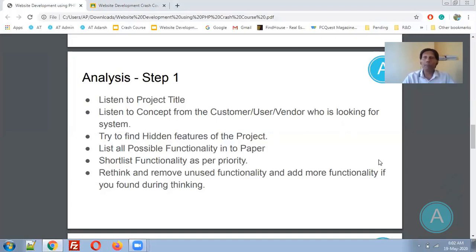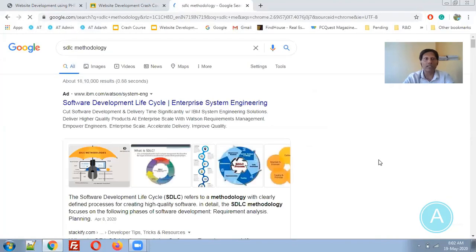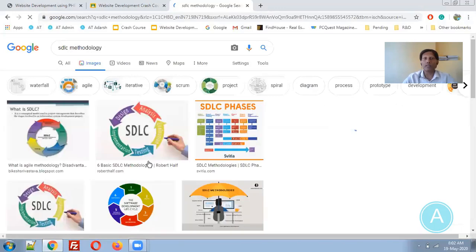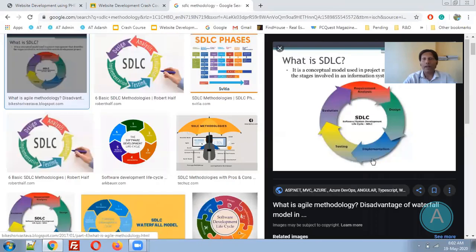Suppose we look into past system analysis and design theory and all this worldwide theory. People are using SDLC. You might be aware of SDLC. Let us search about the SDLC methodology, or we can say SDLC format. So what is SDLC? SDLC is the systematic development life cycle. What is done in that particular SDLC? Requirement analysis is there, design is there, implementation is there, testing is there, and evaluation is there.